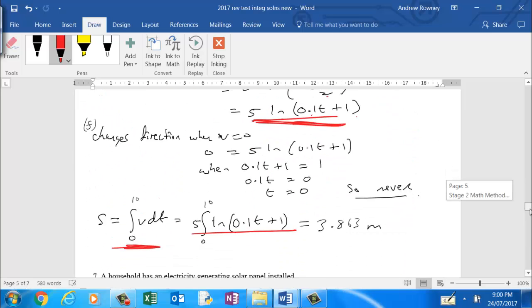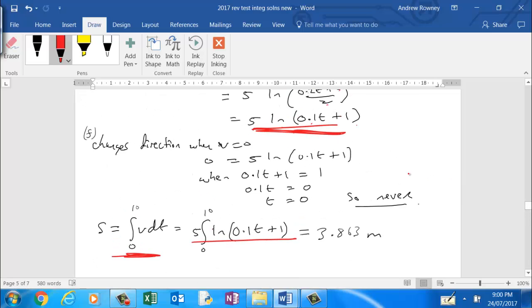Now this is okay if it doesn't change direction. Let's just see when it changes direction. It changes direction when v is 0. So if you put 0 for v and solve for that, it's t equals 0. So since there's no other time, it never changes direction, we can quite easily do the integral from 0 to 10,